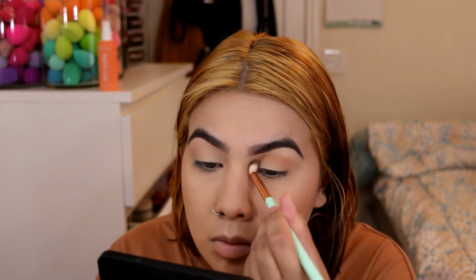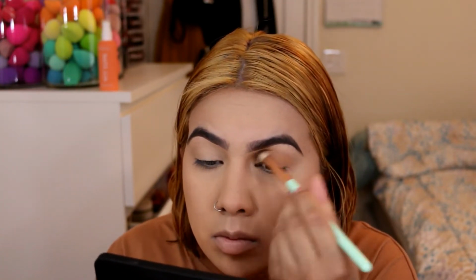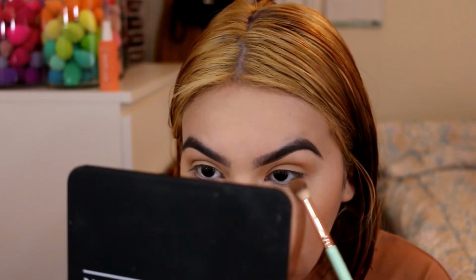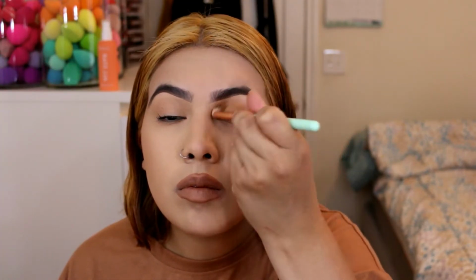Now the bronzer wasn't as deep as I wanted it to be. I did do the same bronzer for my lower lash line as well, but then I decided that this wasn't really the color I wanted. I wanted something a little bit more mustard, but not too mustard. So I ended up using a Melt Cosmetics eyeshadow that came in a stack. I'm not really sure of the name, but it's a really nice mustardy brown color, and that's what I'm applying right now. I did apply the LA Girl lip liner in Cafe and some mascara off camera,